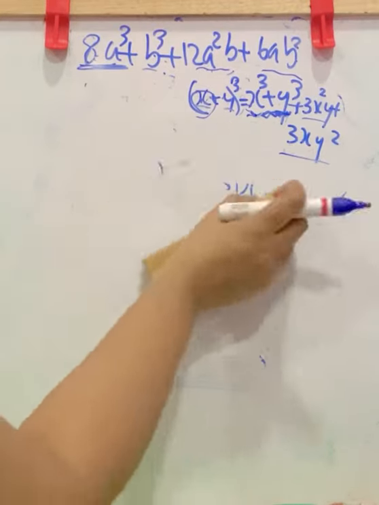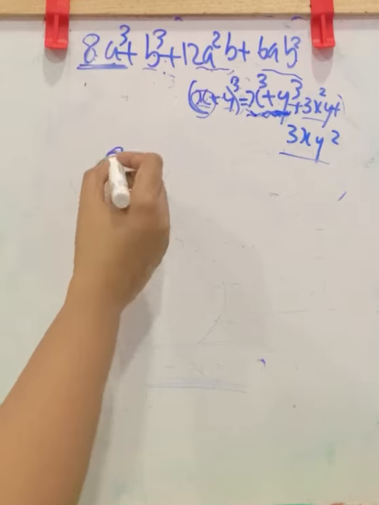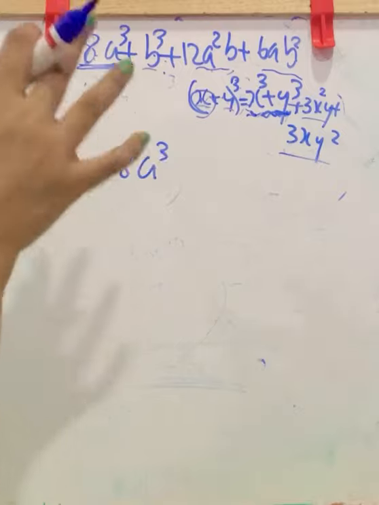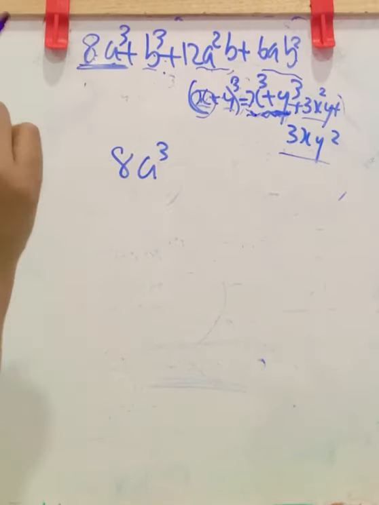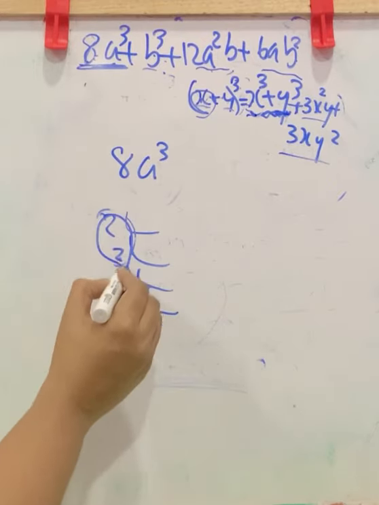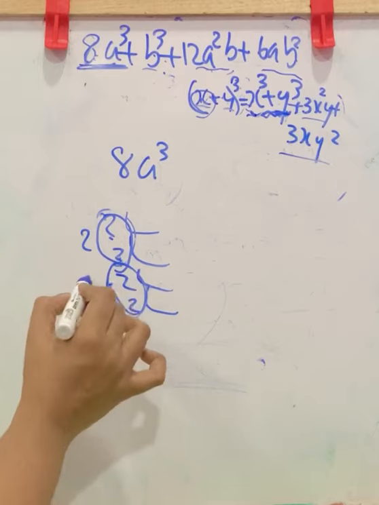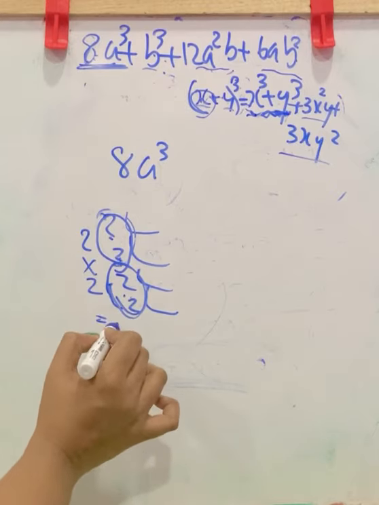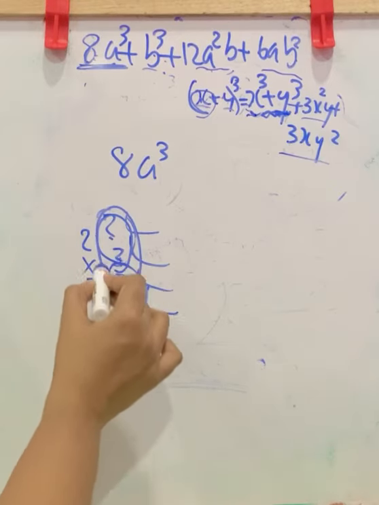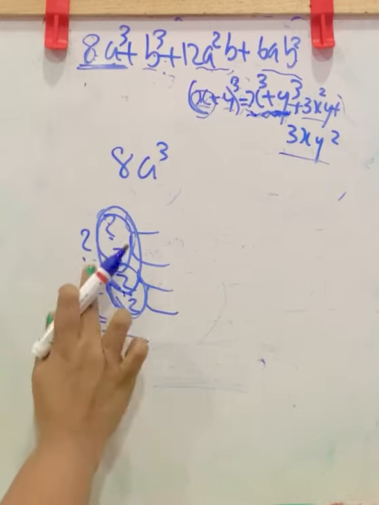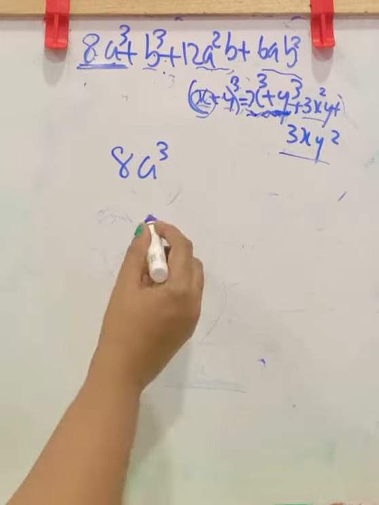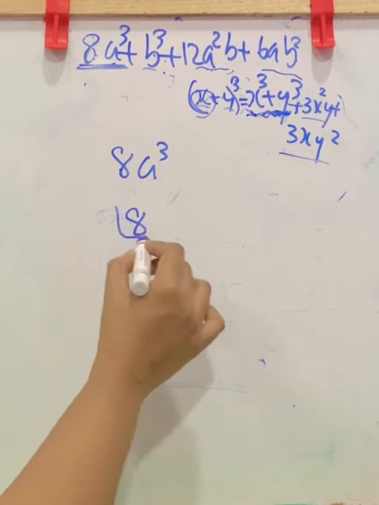So in the given question, the first term is 8a cube. What is the cube root of it? Square root means pairing two numbers at a time and taking one. If it was like this, you will take one number from this pair, another number from this pair and multiply. You will get the answer. That is the square root. Cube root means you want to take or pair three numbers at a time. For three 2s you write one single 2. So like that, let us factorize 8 to take the cube root. Factorizing 8.